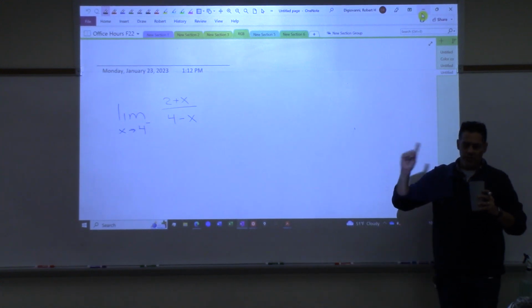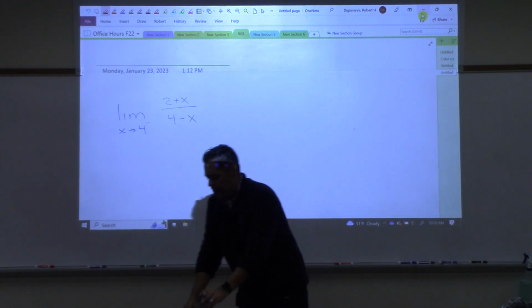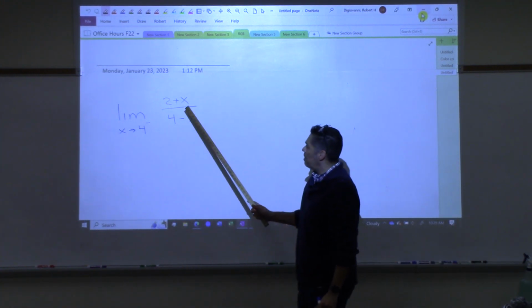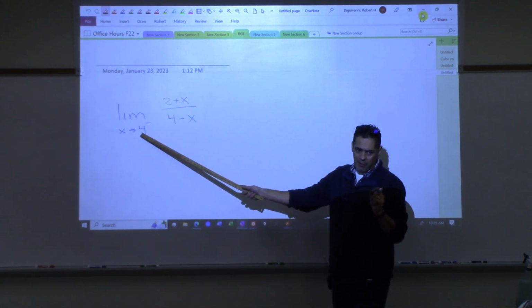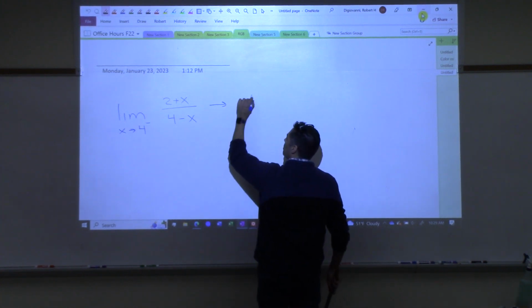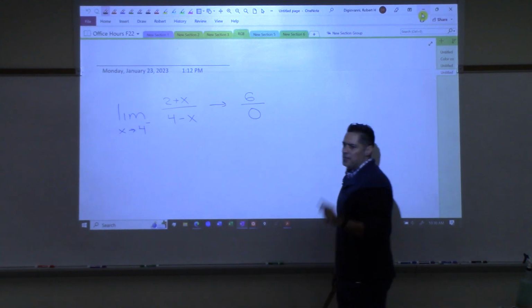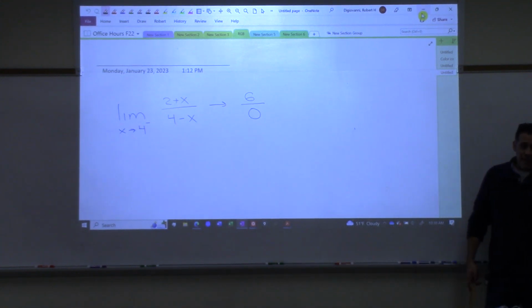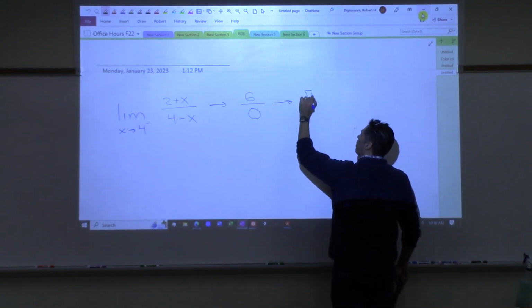For every limit, what's the first step? Direct substitution. So when you direct substitute, you're plugging in 4, not negative 4, right? This is positive 4. So we're plugging in 4 at the top. What do we get up top? 6, okay, and on the bottom, you get 0. It's not 0 over 0. It's a fixed number over 0, right? So I'm actually going to write that out. This is a fixed number